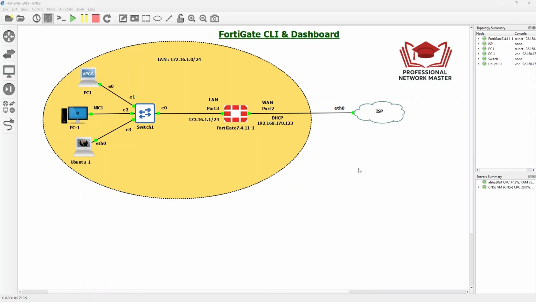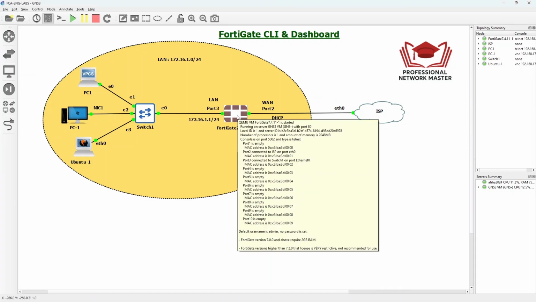So in the real world, the first basic configuration, we should make it with the console port of the FortiGate. In GNS3, we can double-click on the FortiGate to enter the command line interface. Let's see some command line interface from here. To click here,